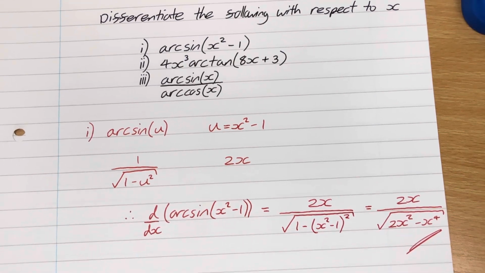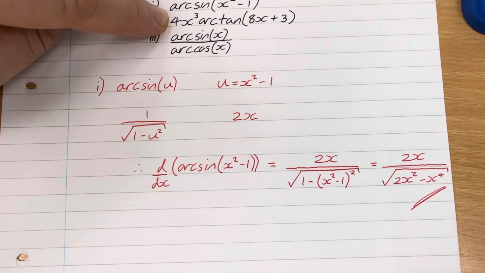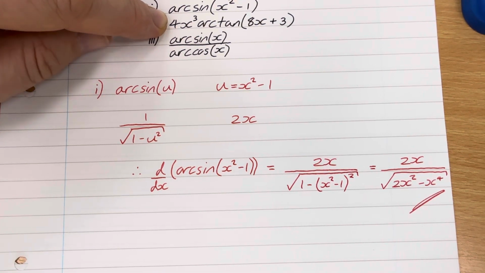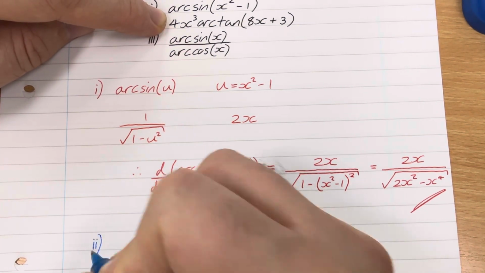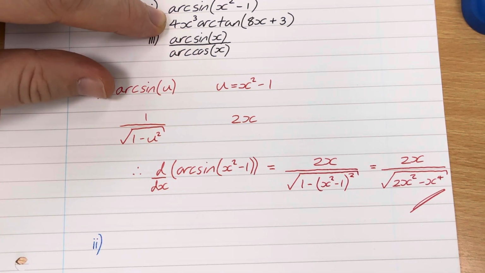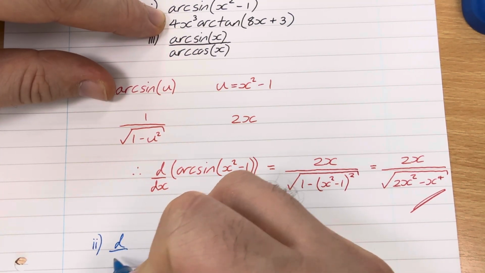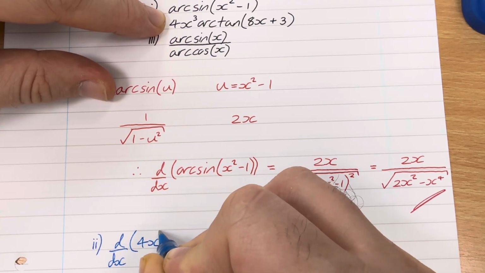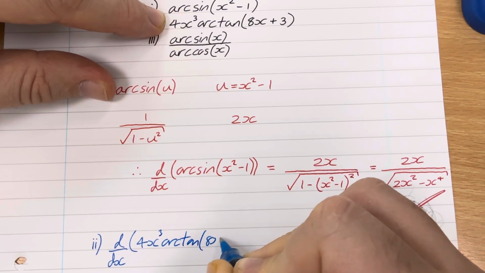Okay. All right. Question 2. This one here is going to involve a product. We've got 4x cubed multiplied by arctan of 8x plus 3. If you need to write the u and the v down, then of course you do. That's fine. I'm not going to bother. I'm just going to say d by dx of 4x cubed arctan of 8x plus 3